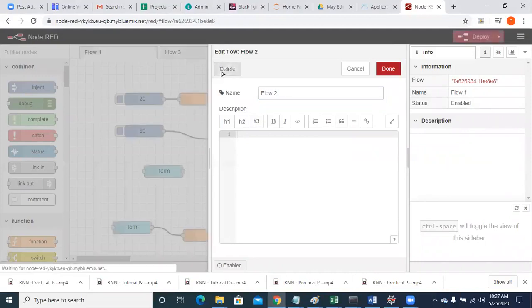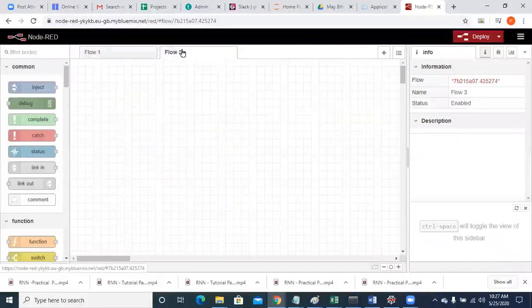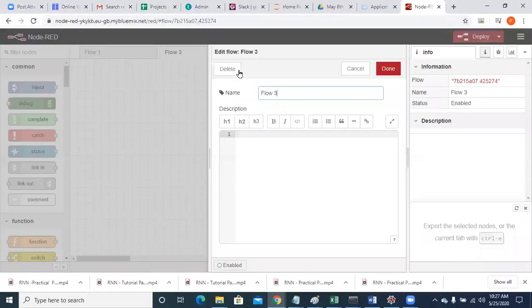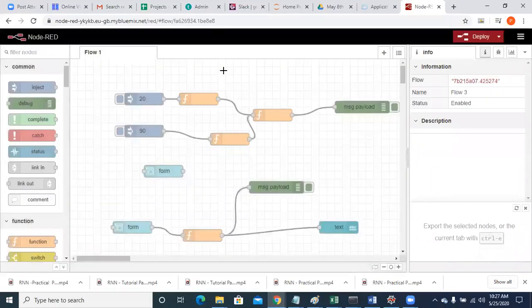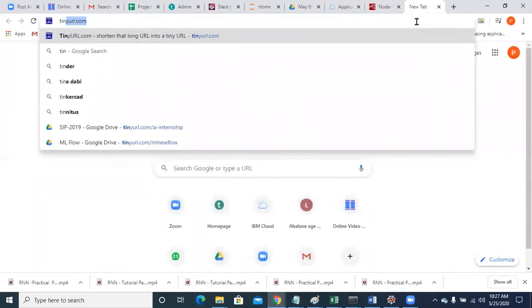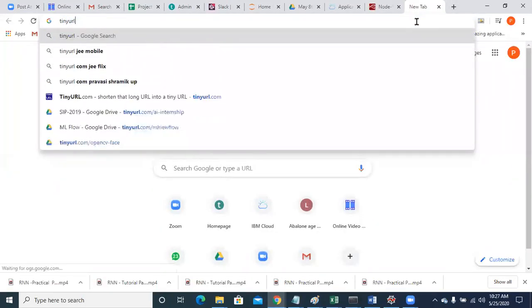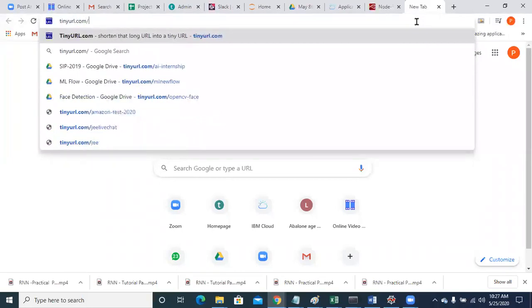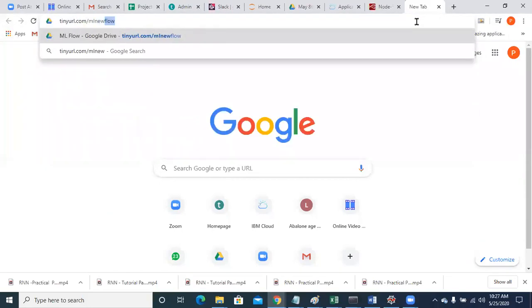Okay, so I have actually created a UI for that, so that's what we will use now. Everyone please go to tinyurl.com/ml new flow.